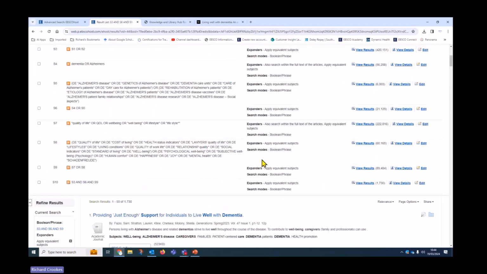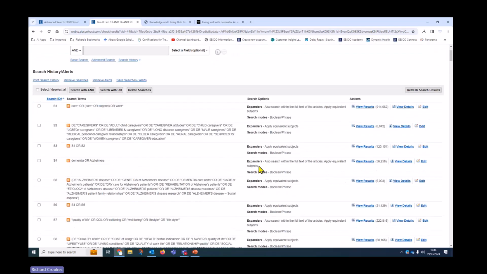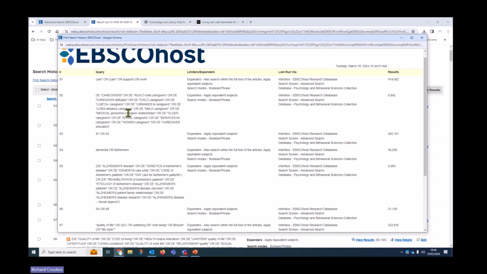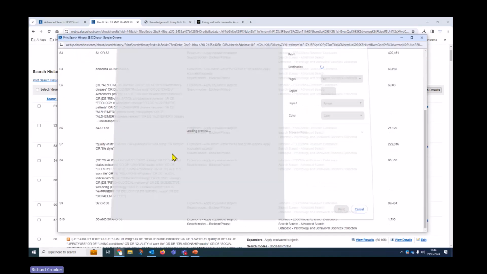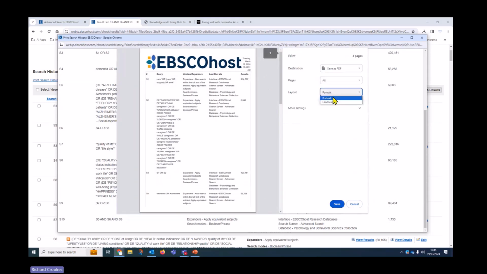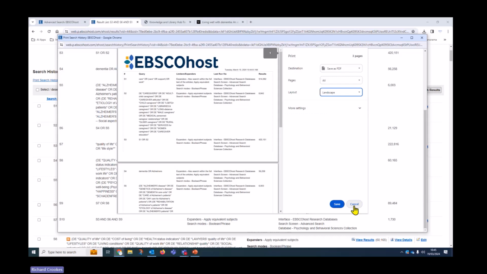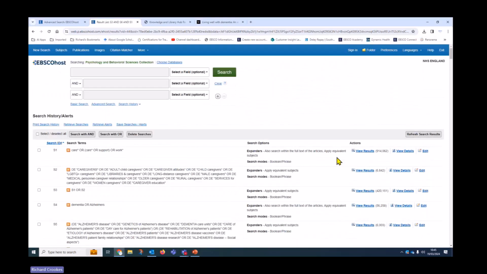Now, you have got the search history here, and you can print the search history. Okay, so if you want to share that with anyone, you can do that. And if you right click, you can print, and you can also save it as a PDF if you need to, in the preferred format. So you have that option. What I wanted to touch on is setting up a search alert, as I said at the beginning, to create an alert to be kept current with the literature in relation to this subject. So if you click Save Search Alerts,